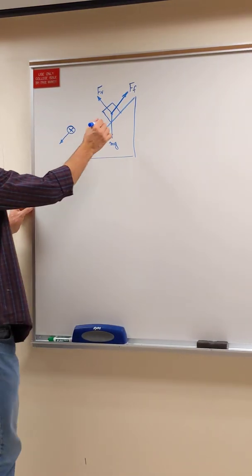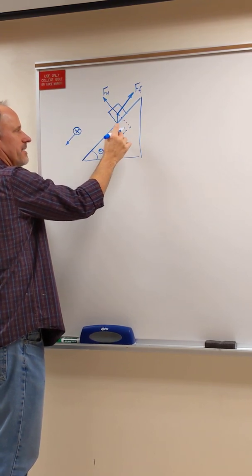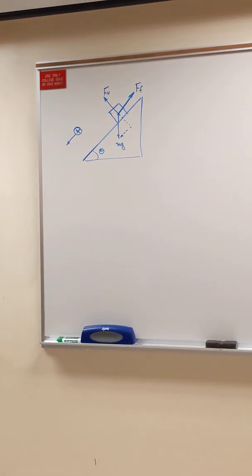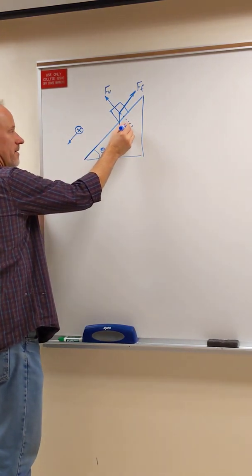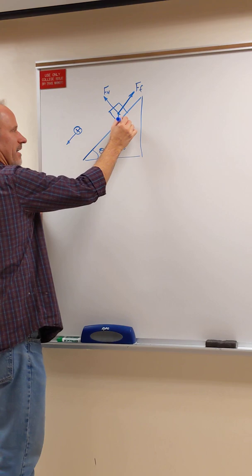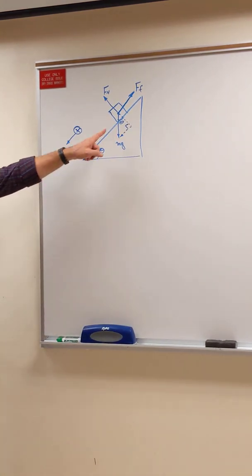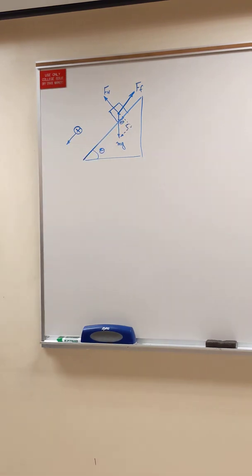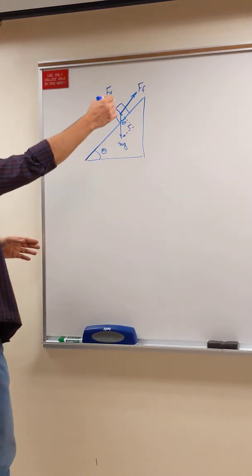And then, of course, remember I have to decompose. This mg is the hypotenuse of a right triangle. The right angle is here, and this angle is theta. And I've told you why that's the case. If you don't remember, I don't care. Just remember that that is theta. Got it? Well, I've told you, right? So, positive